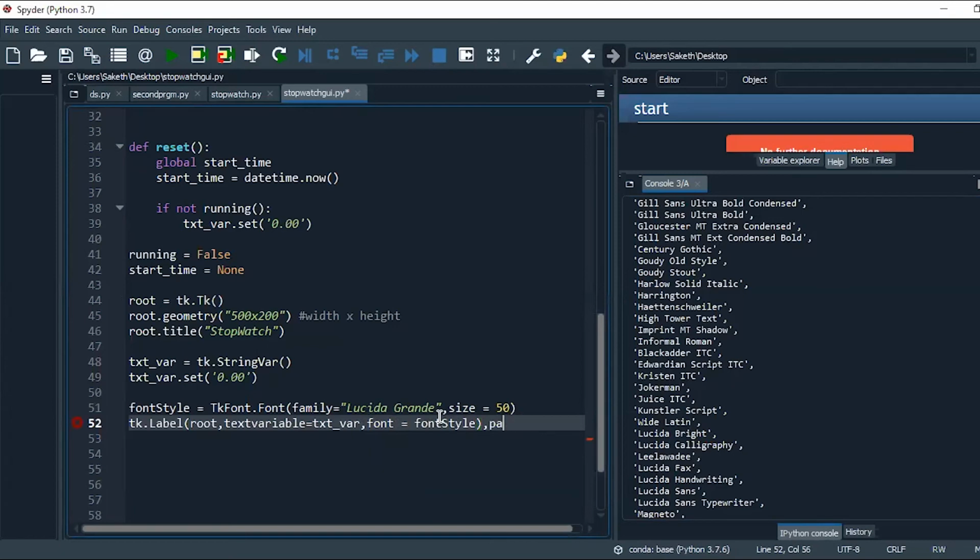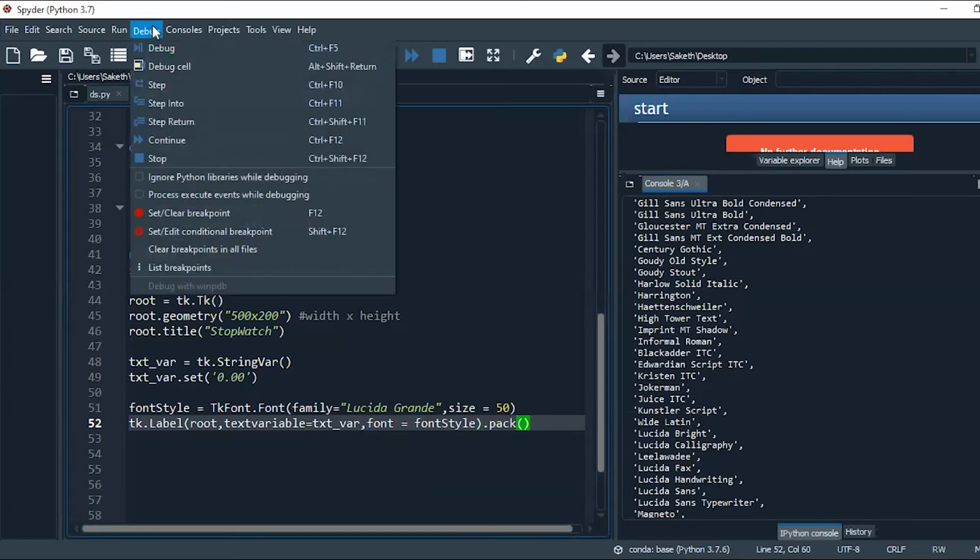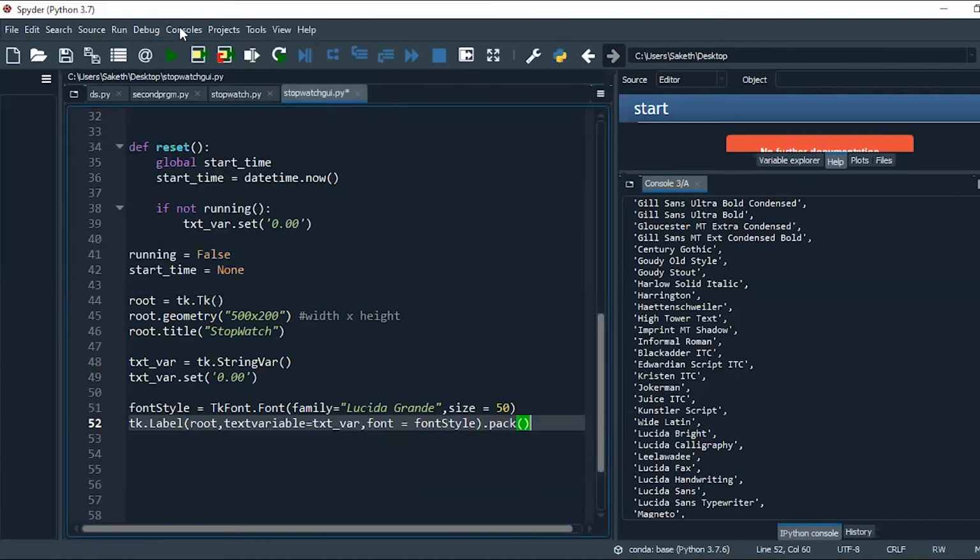The pack method is for fitting out the separate things, because whatever the font you have chosen, that should be applicable over there. That is the reason I give this pack method for labels and the buttons, because you can see in your Spyder you have the debug option, run option. You are giving the functional trait. When you click it, you can click on the console, you're getting dialog box. In the same way, I give pack method,